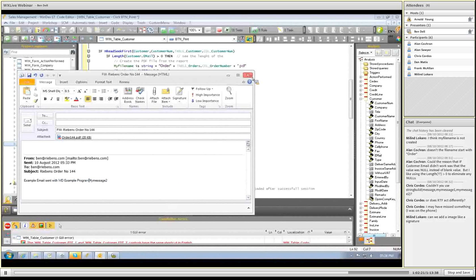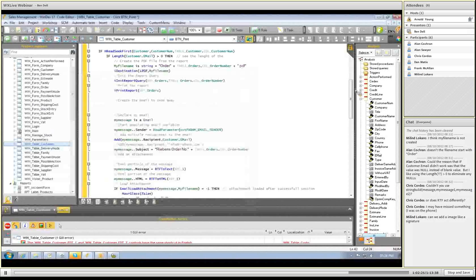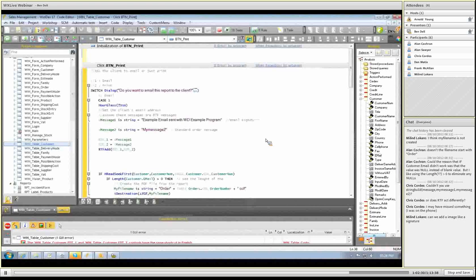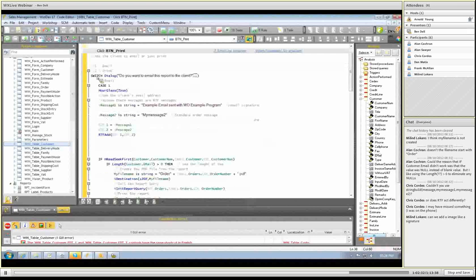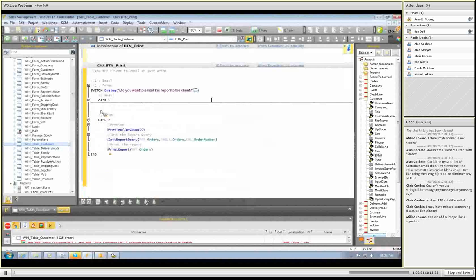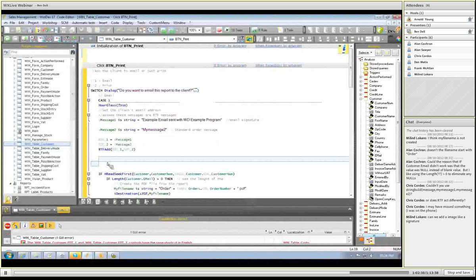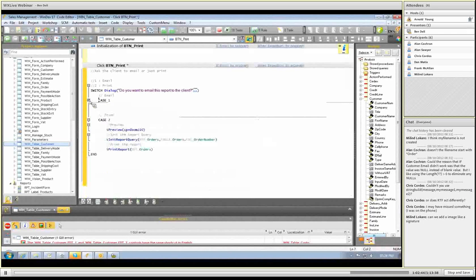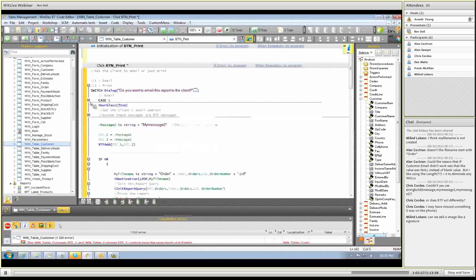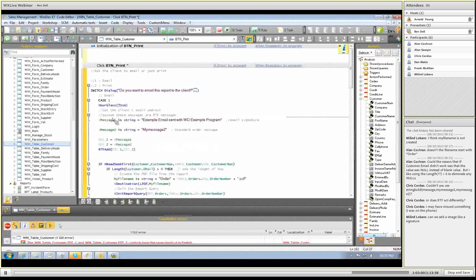Okay, so that's the webinar, and that's the code. Let me just save that code, and then we can go and just do a quick review. I'm telling the customer, or I'm telling the user, that he can either email or print the document. If he prints it, he does a setting of the print preview, initializes the query for the document, and he prints the document. When he emails the document, okay,